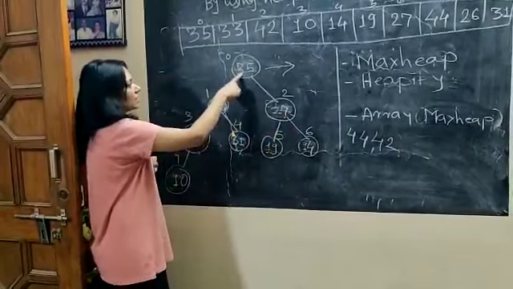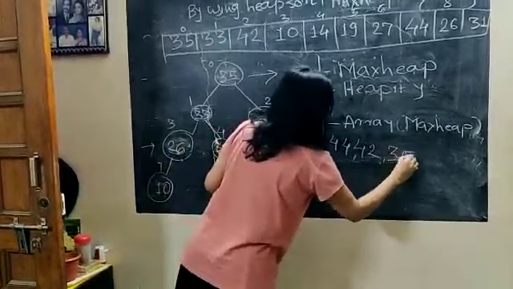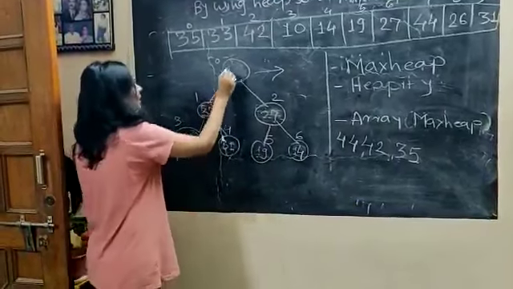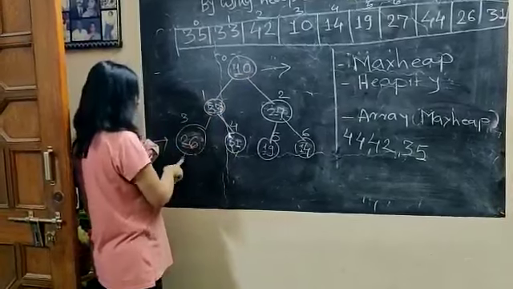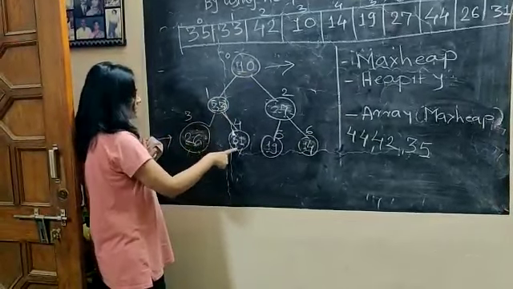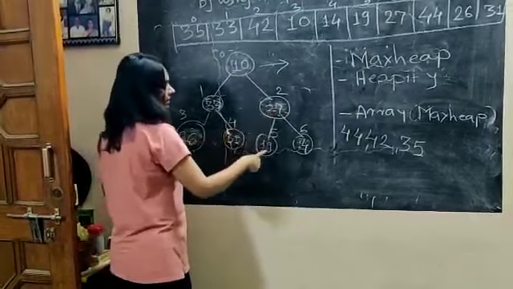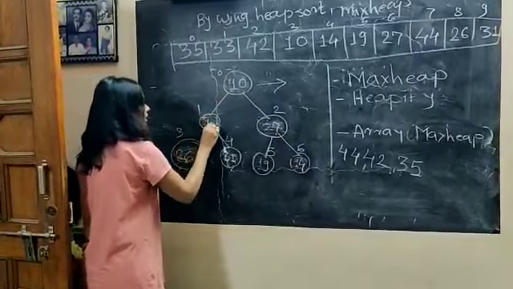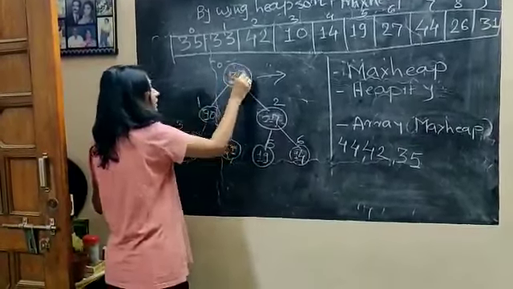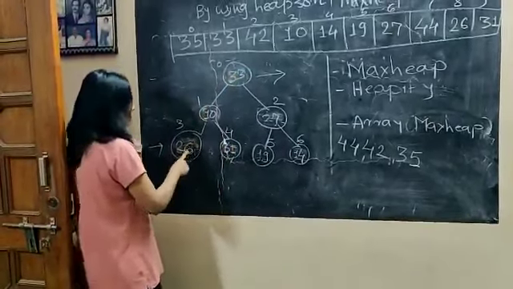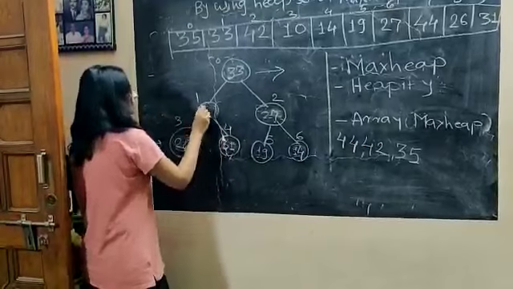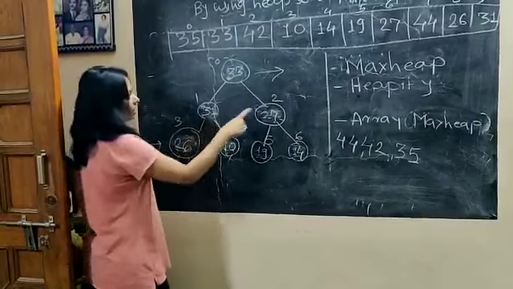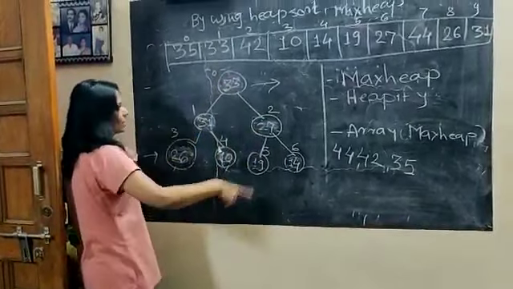So our next number is 35, which is at the root node in the array. You will remove the number from here and here comes the next number 10 because it is present at the 7th location. Now again check. 33 is greater than 31, 26. 27 is greater than 19 and 14. But 10 and 33, we have to do the swapping. So here comes 10, here comes 33. Now again you have to check. In 26, 31 and 10, the swapping will be done between 31 and 10. Now 31 is greater, 27 is greater, 33 is greater. So here is your balanced tree.